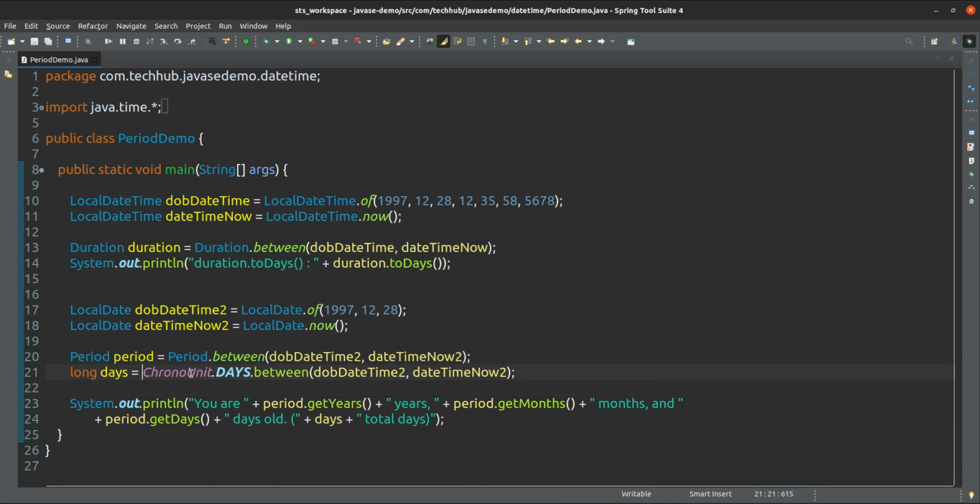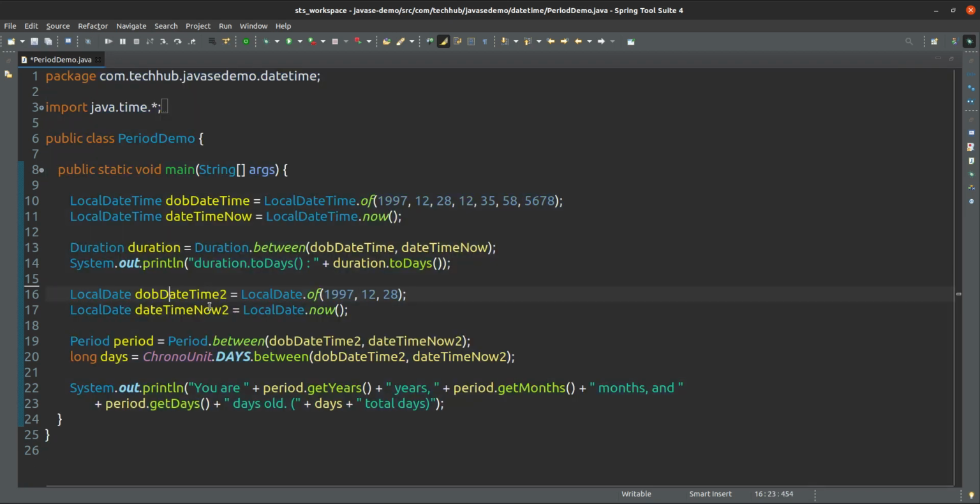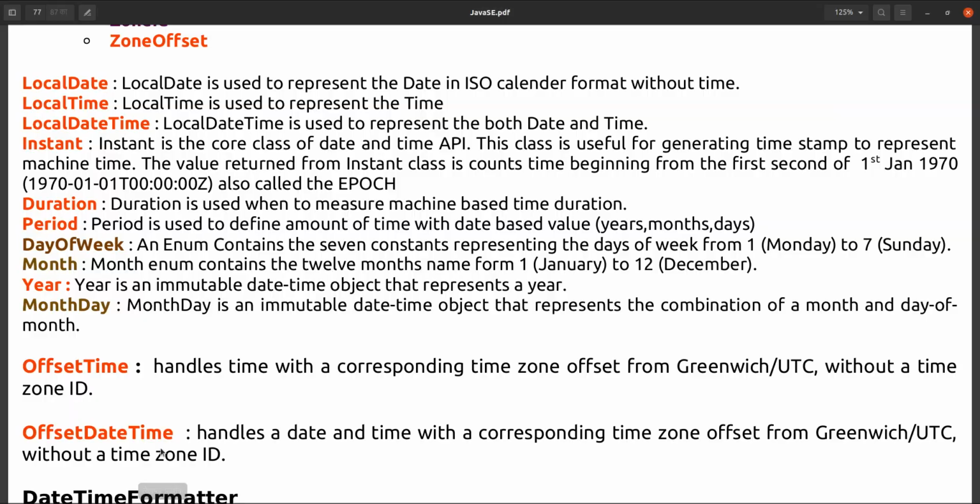The benefit of this chrono unit is that it will directly return the exact value, like an integer in the form of a number, years, months, that will return in numbers directly. We need not store many values in that case. So if we have to get only 1 or 2 fields, then we can go with the chrono unit. If we need all the values like hour, minute, seconds in all the forms, then we have to go with the period or duration. Duration we will use if we don't want to get the duration in the form of year and month. If we want to get the duration in the form of year and month also, then we have to use period. Okay, so this is all about the period class.